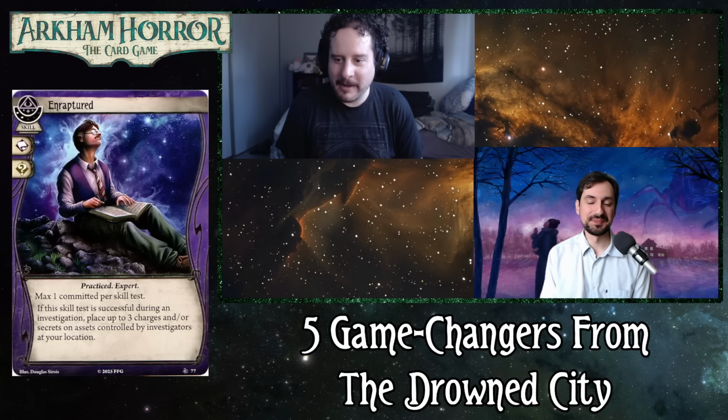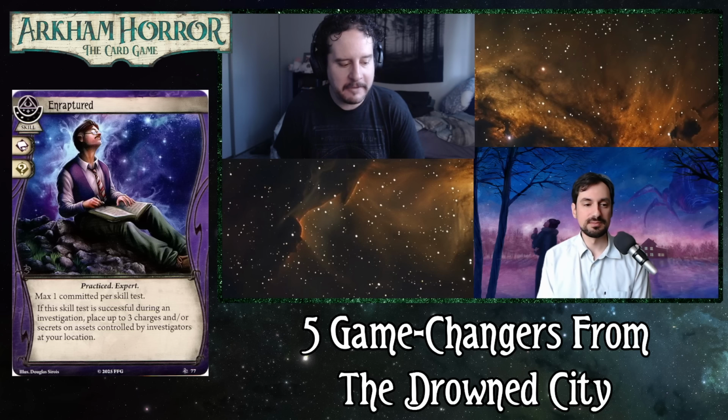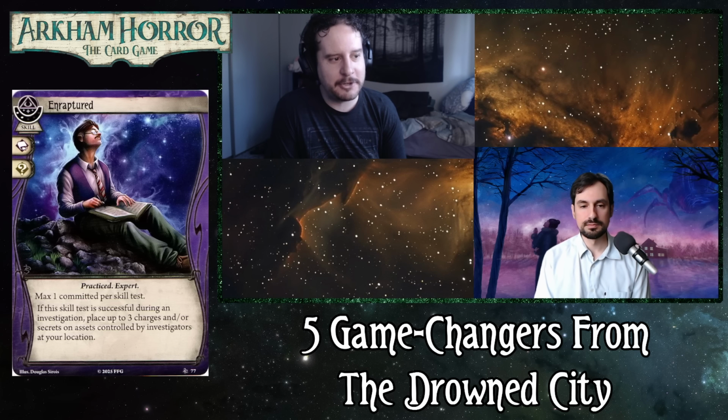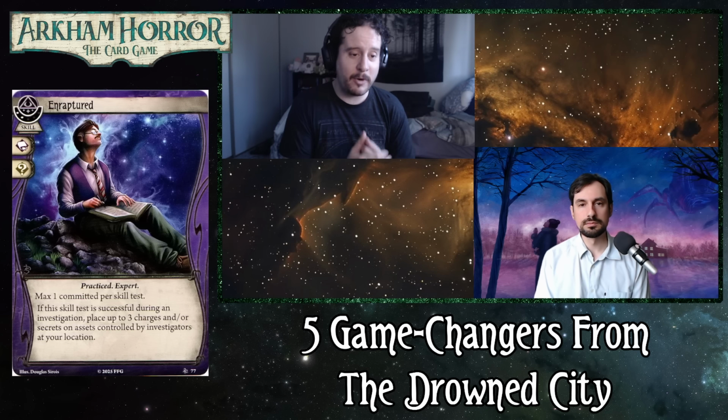Not to mention, as we have to mention each time, Amanda Sharp just got it. I think that this is something that I've talked about previously as well. I feel like they internally, when they were designing Drowned City, knew that the current and legacy change was coming, because I do think that they kind of threw in Rapture to be like, we don't care about Practice Makes Perfect or Amanda Sharp. You can do great things with those cards, but we're not talking about that in terms of this design,